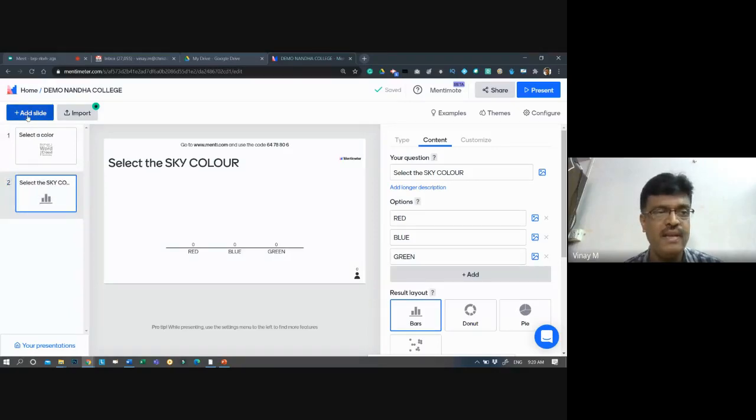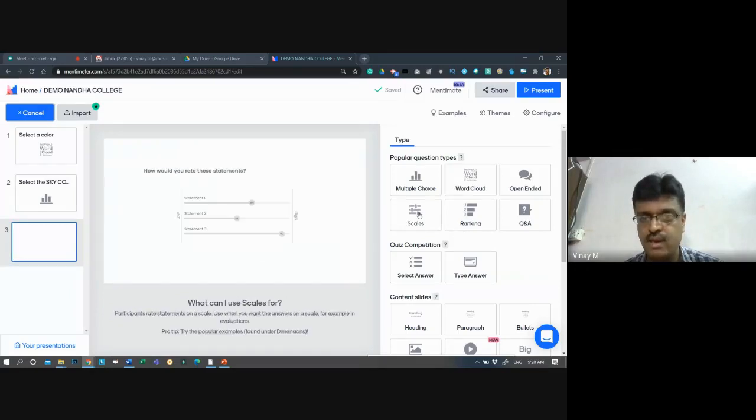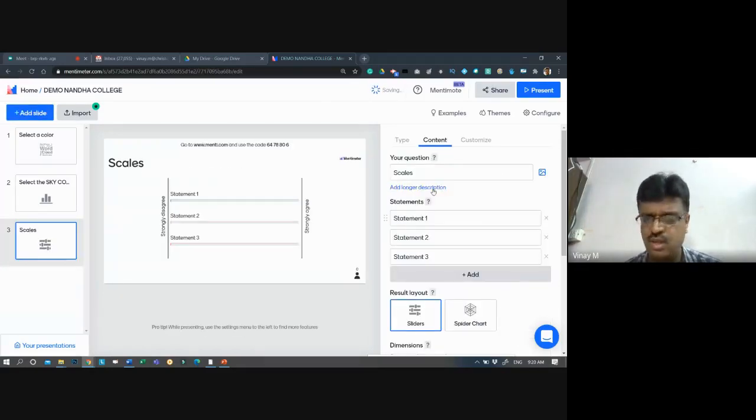Now click one more, left side, top, add slide, third one comes. So select one of these. Say scale. They have to just do typing answer. Any questions you can explore. There are many types of questions which you can do. Say here, I know something. See, I know dash. So this is like Google Labs, Mentimeter, I know Autocrat. So one of these they may know or they may know more, so they can see how much they know. They have to rate it, strongly agree, strongly disagree. How much they know, they have to specify. They can do it. So 3 questions are done.